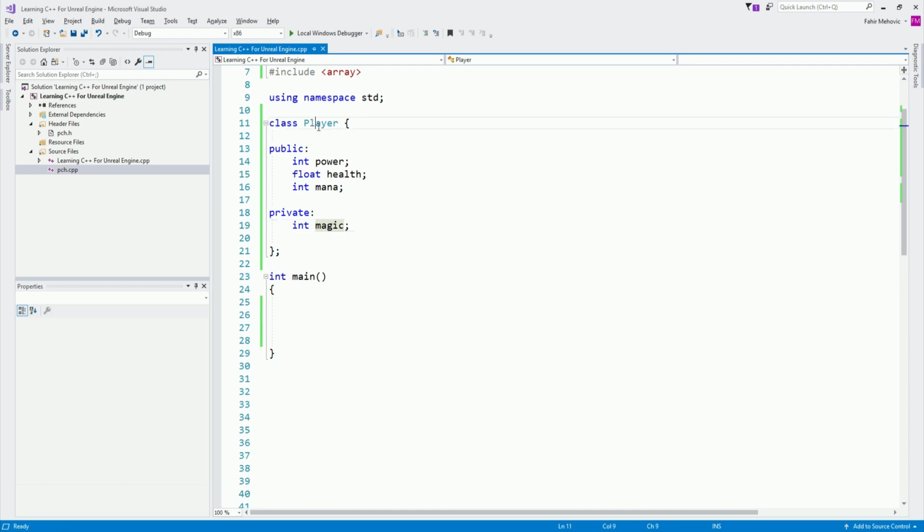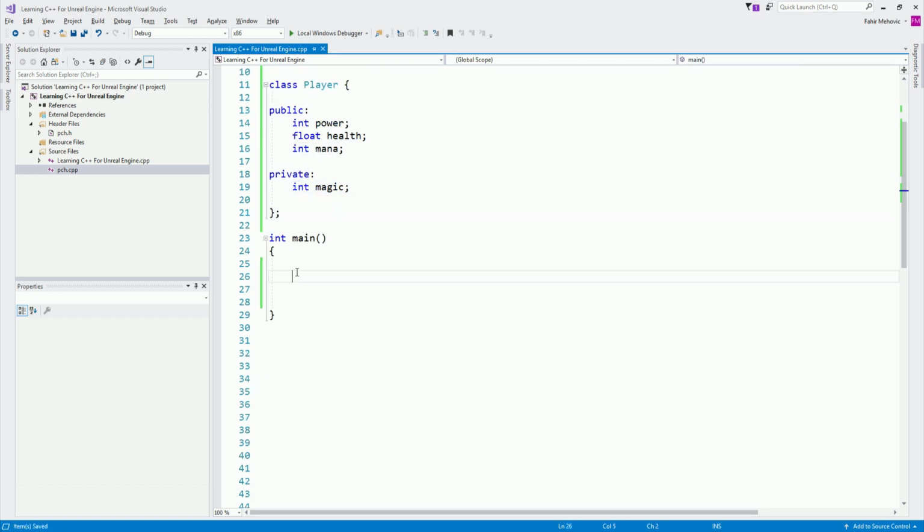So how can we create an instance out of this class to use all of these variables? Here I can simply say player, let's say wizard, and we created the player wizard. We can also do something like this: player with open and close parentheses, because this is called a constructor. Don't worry about this. In a moment we will talk about constructors and all of the good stuff. This is just a warm-up introduction to what is happening over here.